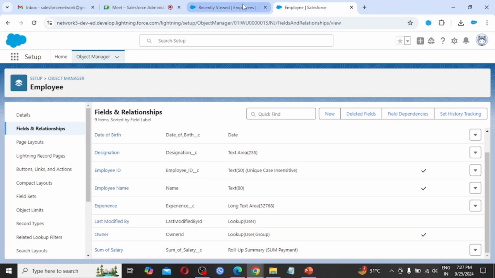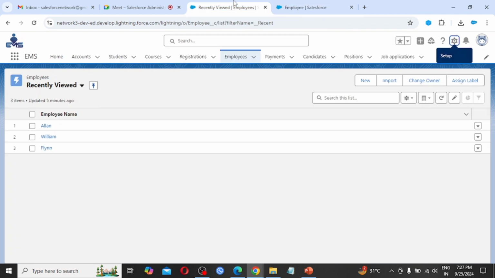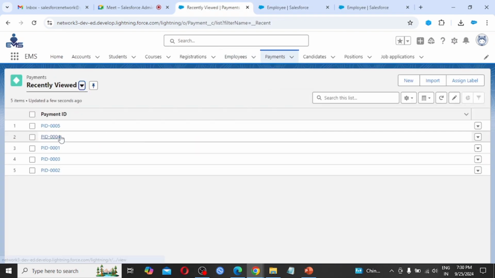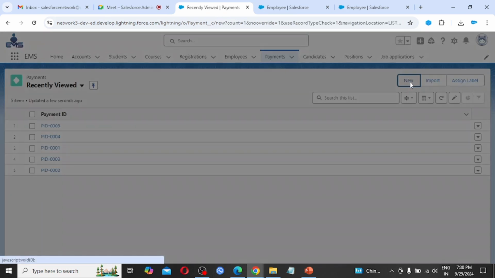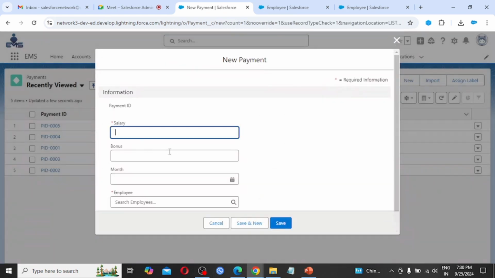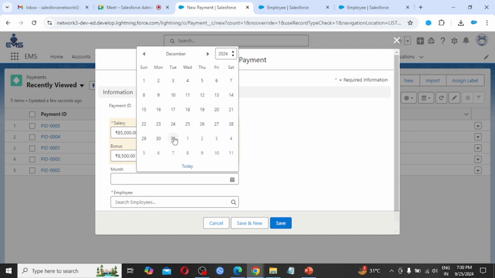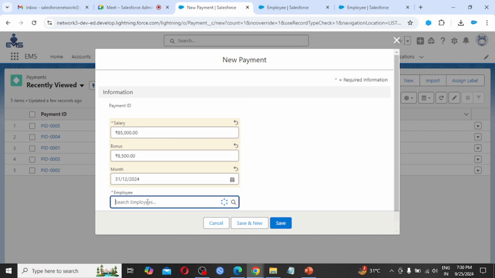Again coming back to our application. If I create one more payment for this employee, salary is 85k, bonus is 8500 and month is December. Employee is Alan. Click save.